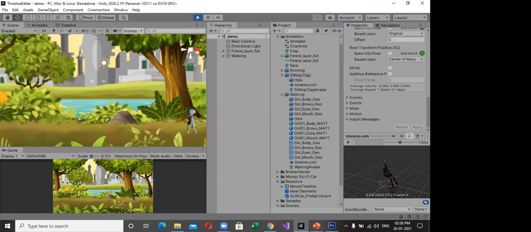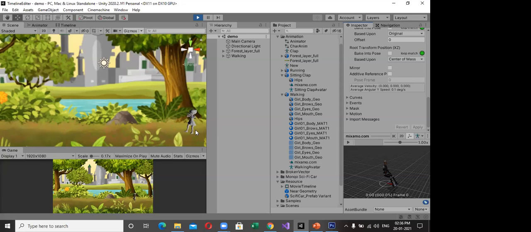See, clap and walk will be played together. For example, if we have run, walk and clap, we mix them together and create multiple animations.